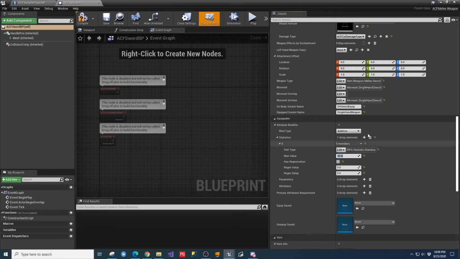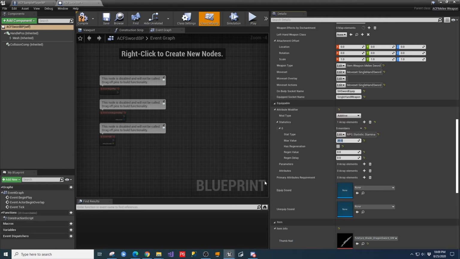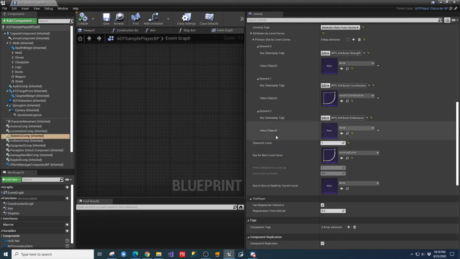And then depending on what it is you're doing, you could have regeneration values on these things and what the regen values are. So there are ways to modify those attributes and set that up in there as well. And then, as I was saying, with your experience and leveling system, you modify your curve to say at each level you gain, or at least level of experience that you gain, you want to increase additional